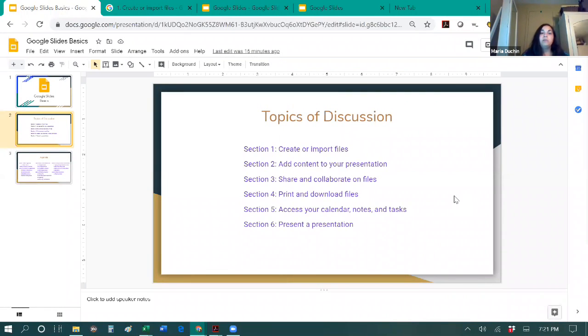The next thing that we'll talk about is adding content to your presentation. So what wording are you going to use? How are you going to make it look concise and still get your viewpoint across? And then we will also talk about sharing and collaborating on files. So if you're working in a group or you want to send it to someone for their opinion, you can do that. And there's a way to comment and help each other. Then we're also going to talk about printing and downloading the files, and then how to access your calendar, notes,